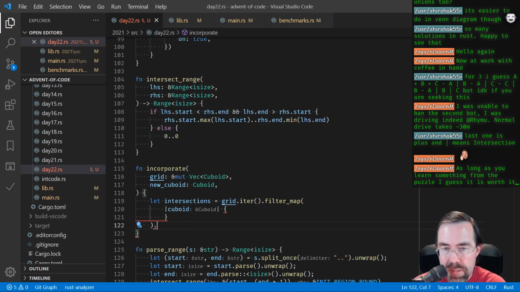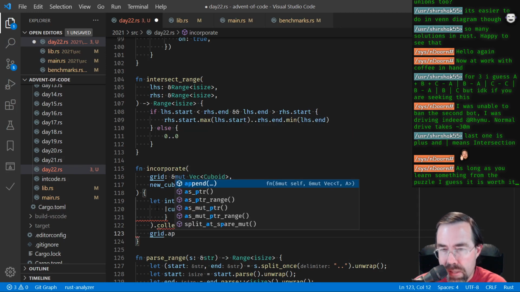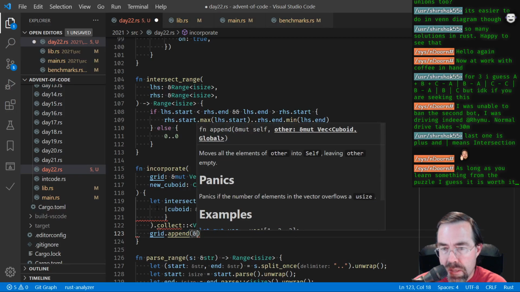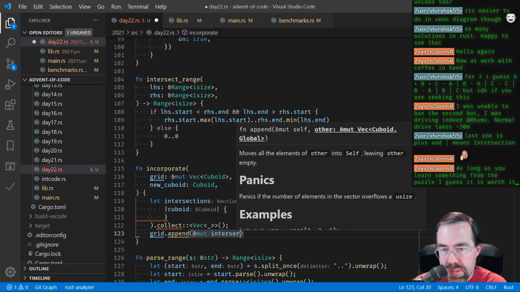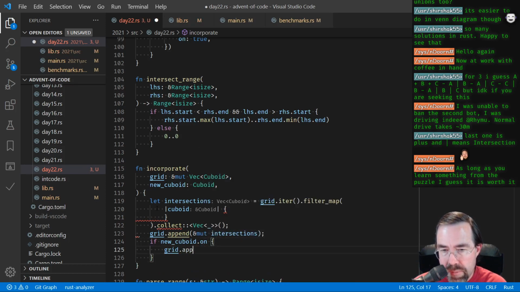So that means that we want to compute them first. We want to collect them first and then add them onto the end. So I should just do a collect. And then we do grid.append mute intersections. Then if the new cuboid is on, we add it,